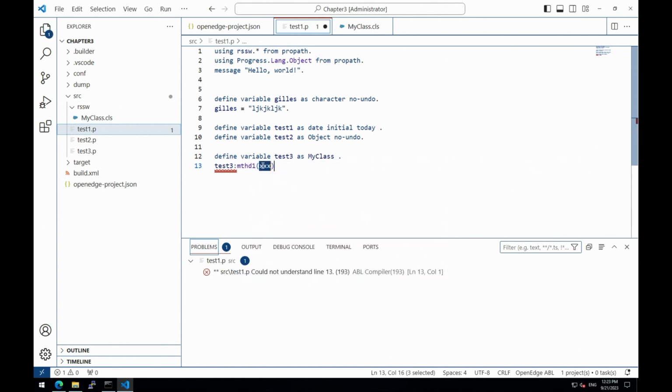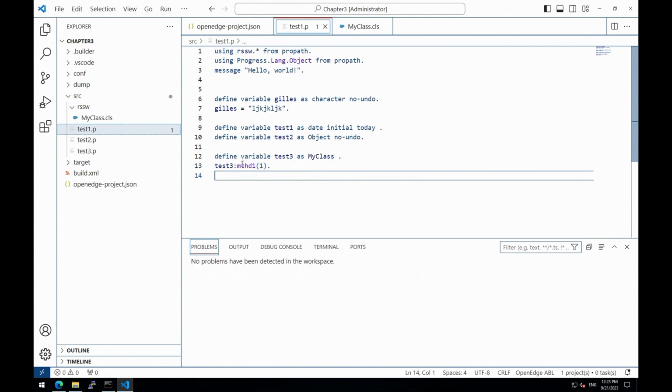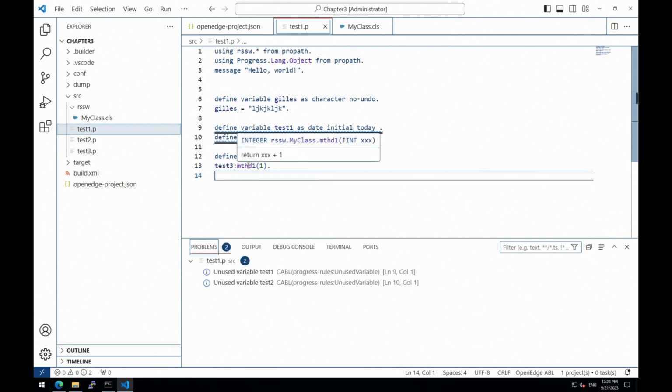And here, it doesn't work. No, that will work. Let's do some hover. Yes, okay, we have access to the documentation, which is automatically read from the comments in your classes, as long as you follow the Javadoc convention.